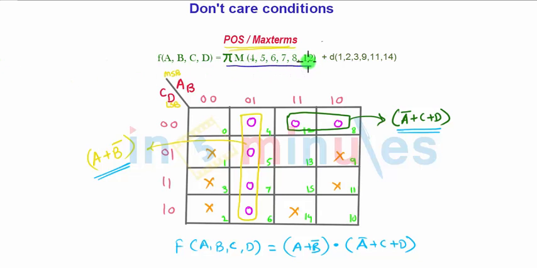So I will keep this value as it is, but whatever the positions are absent here in this term, see, first of all I am going to convert POS into SOP. So while converting to SOP, the positions that are absent here will be present in the SOP form, and you will get the expression for SOP form along with these don't care conditions, and you can easily solve by entering 1 into the K-map. So that's all about the don't care conditions and the K-map.